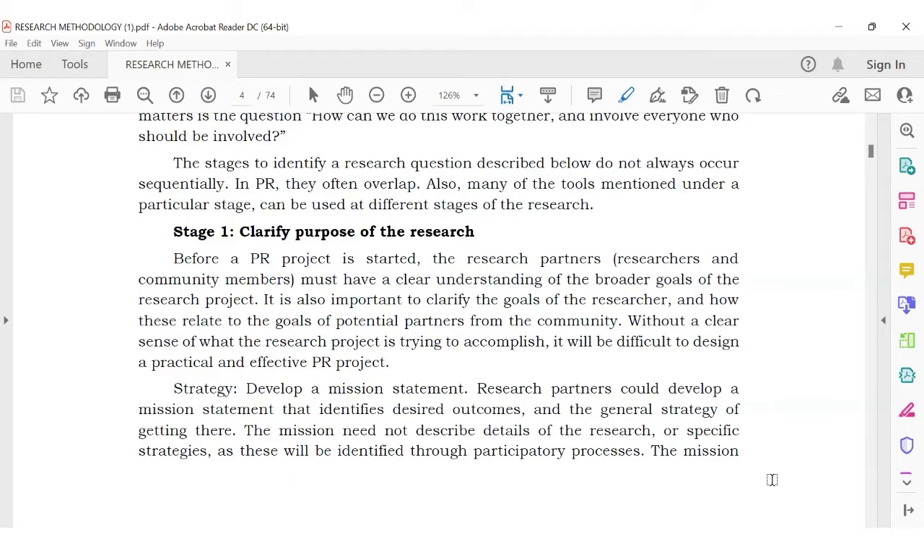Common health problems of people. Okay, so I will take it. One is the common health problems of the people. Okay, then